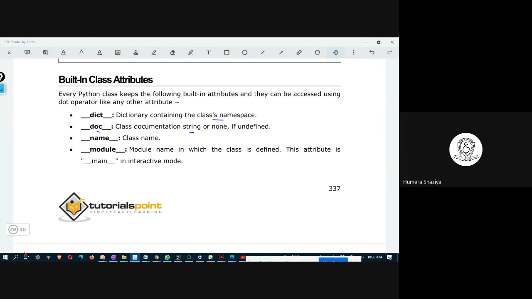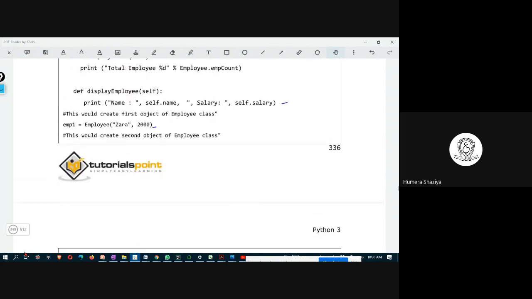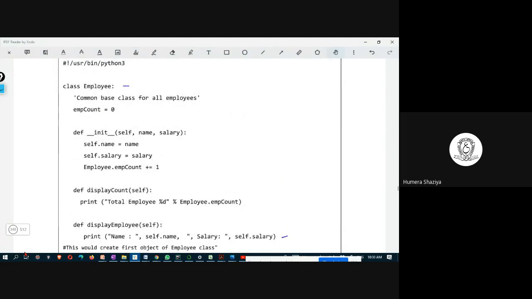Please try, students, how to define a documentation string for the class. Here, when you are defining a class Employee, whatever you are putting immediately after the class header is a documentation string,